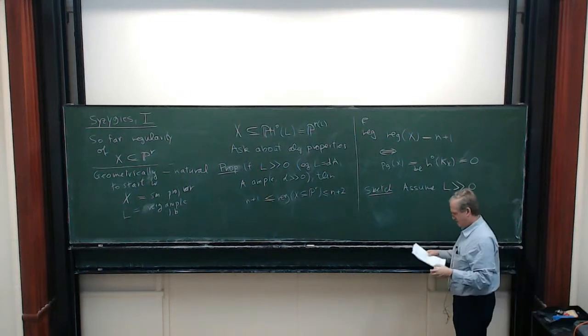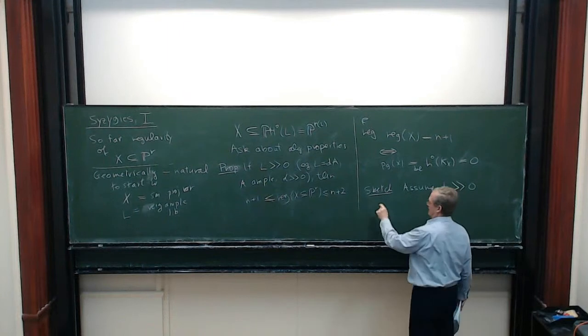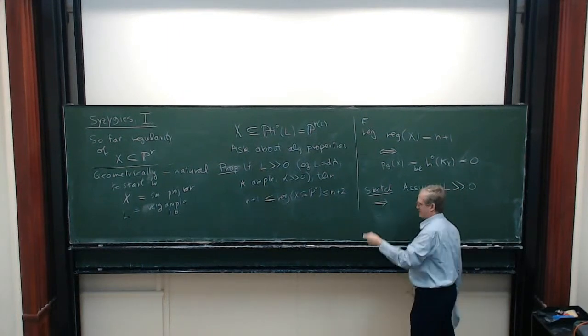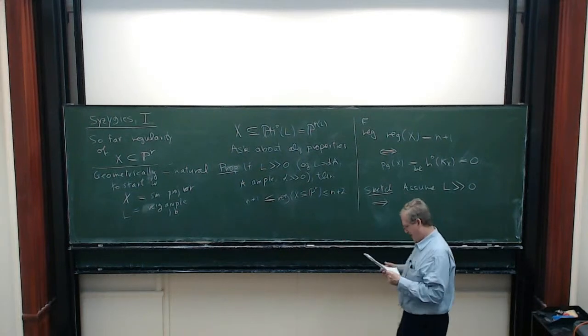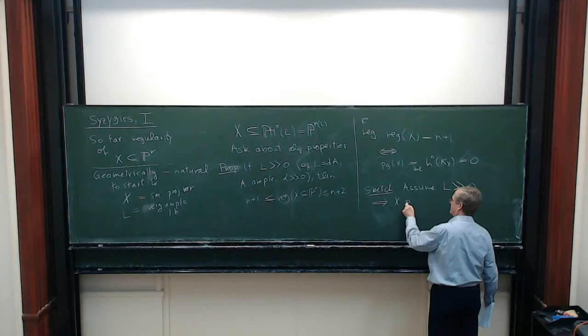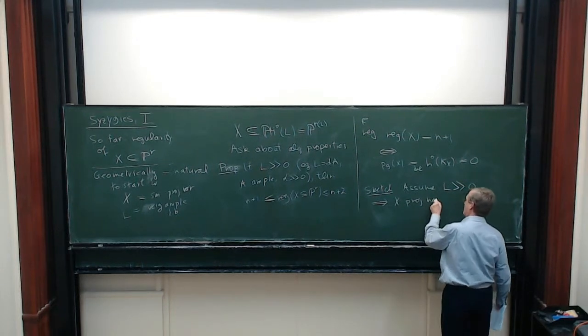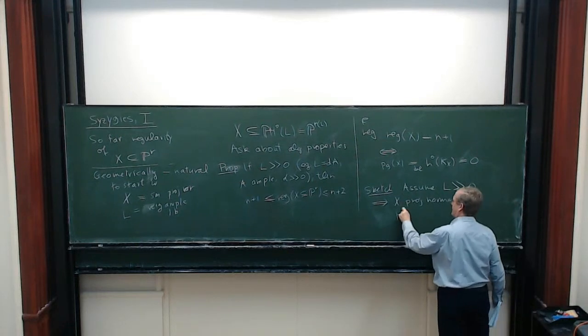So it's a very high multiple of an ample line bundle, for example. Then it's well known that if you embed any variety by a sufficiently positive linear series, what you get is always projectively normal. So the H1 of all twists of the ideal sheaf vanish. So X is projectively normal. So this is well known, i.e. all the H1 of the ideal sheaf